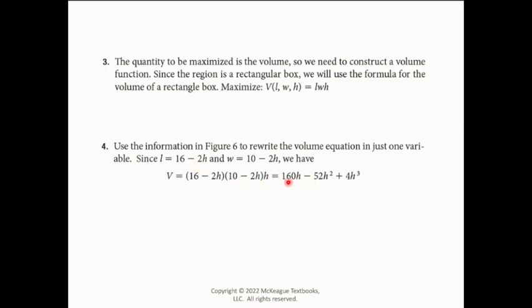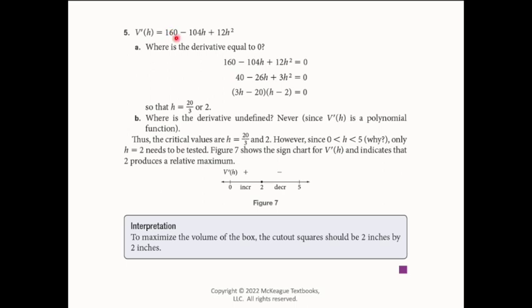If we multiply it out, we get 160h minus 52h squared plus 4h cubed. So that is our equation that we need to take the derivative of now that we have everything in terms of one variable. When we take the derivative, we get 160 minus